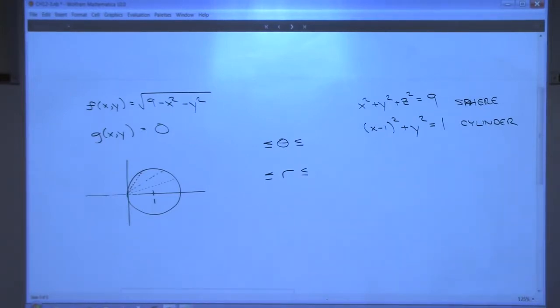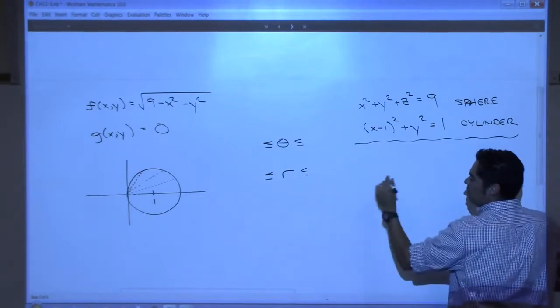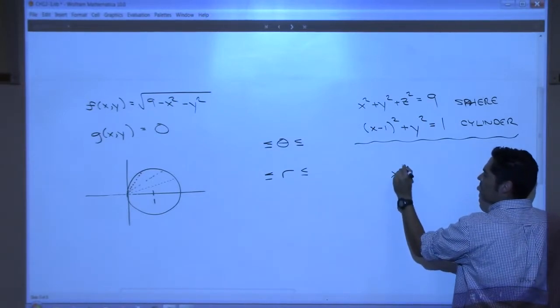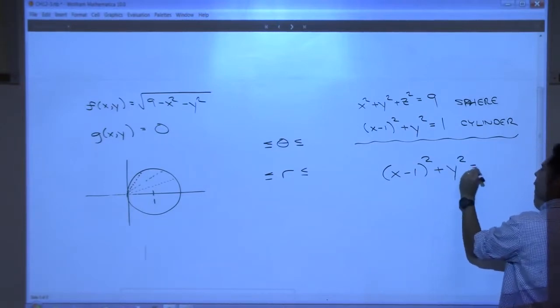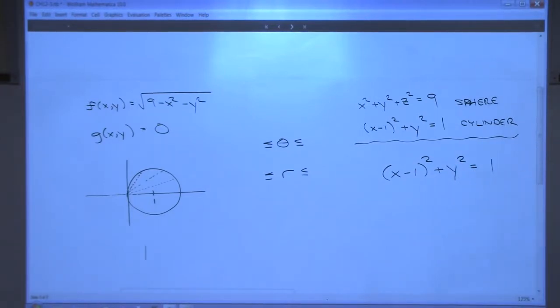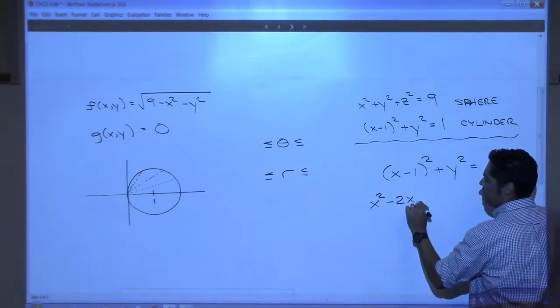So we sit here and we look at it and we think about it, and then we realize, wait a minute, hold on. What do we know about that circle? What I know about that circle is that it follows this equation, right? That's the equation of that circle. In two-dimensional space, that's a circle. In three-dimensional, it's the cylinder. But do you agree? Now, I'm just going to mess with this for a second. I'm going to expand this out,